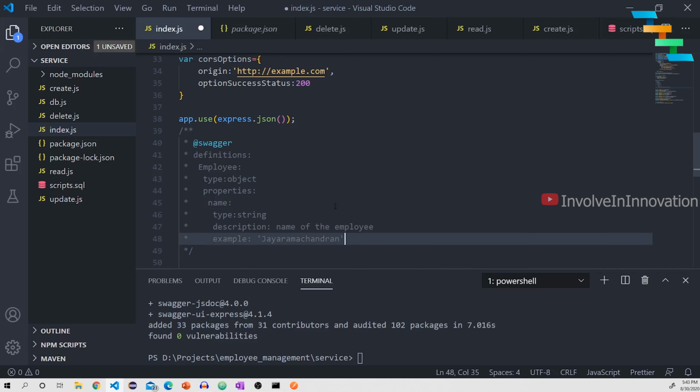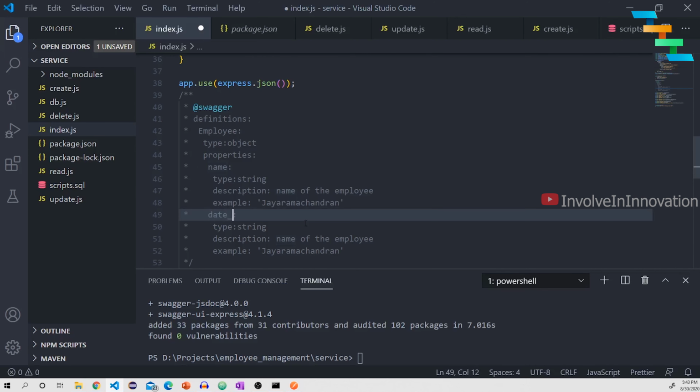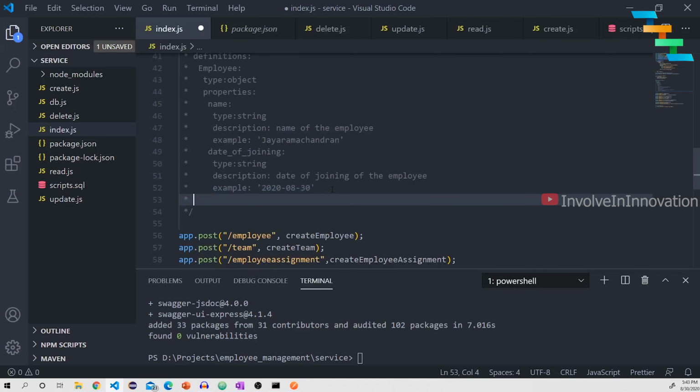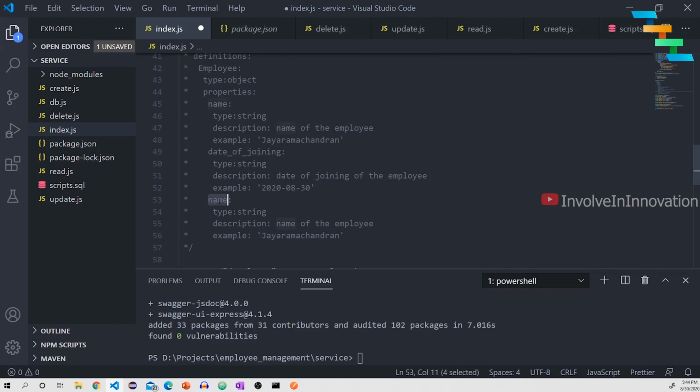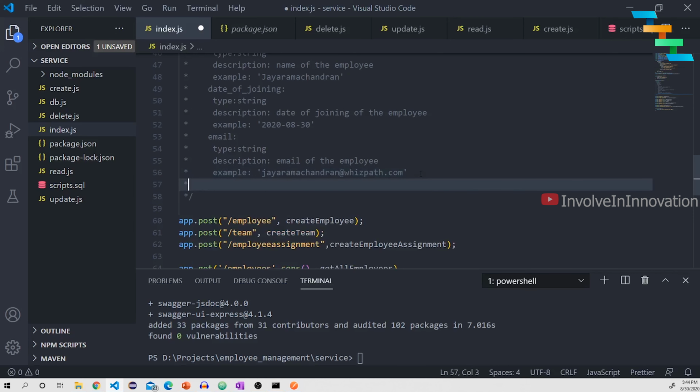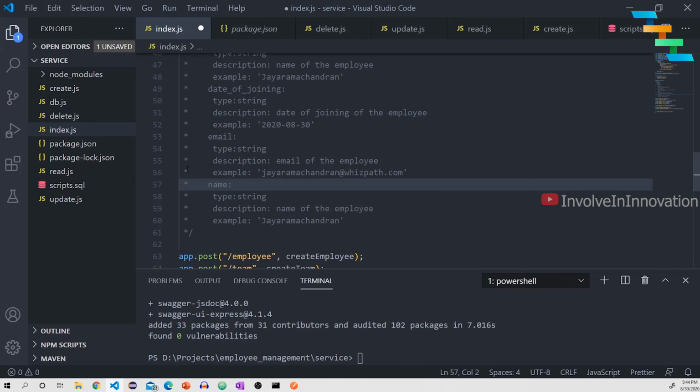Now we will create another property, date of joining. Copy this name property, paste it here, and here instead of name I will change it to date of joining, type string, and description date of joining, with example 2020-08-30, and then I will paste it again, and this is email, and this is email of the employee, jairamchandran@wizpath.com. Another property, this property is gender